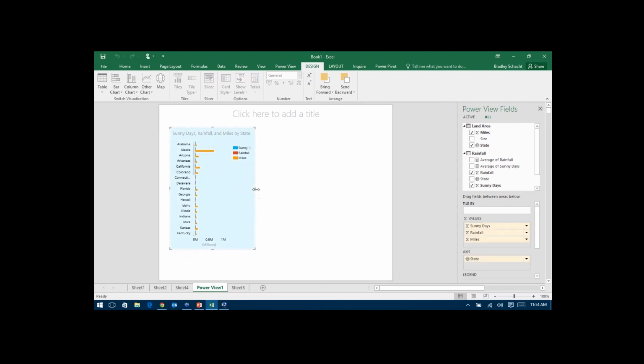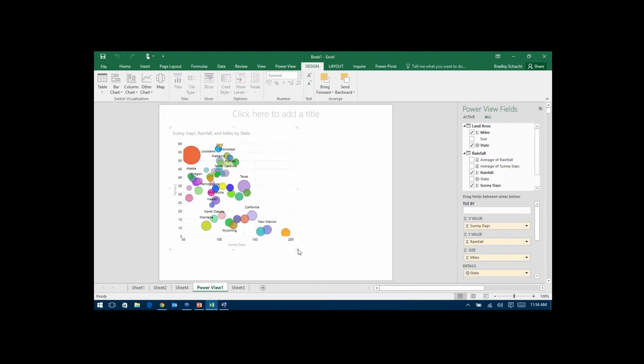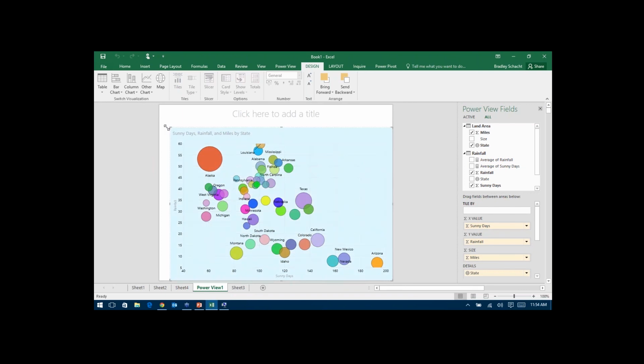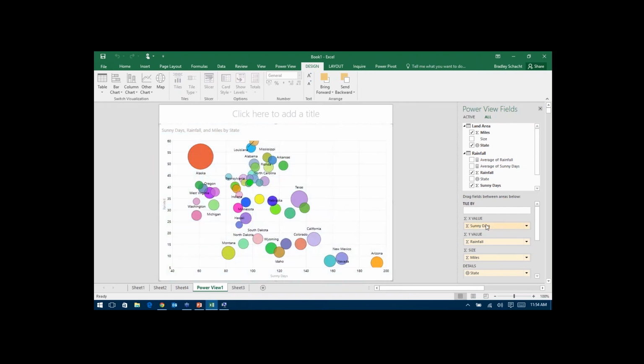And in just a second there, you'll see it updates that bar chart. The thing I want to show you guys, which is a different visualization than you're probably used to seeing inside the Microsoft tools, is the scatter chart. So if I just go over here to scatter, you'll notice I get all kinds of cool visualizations for this one. You'll notice I get X values and Y values.